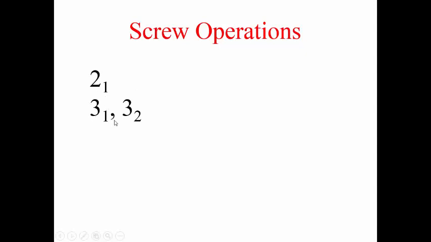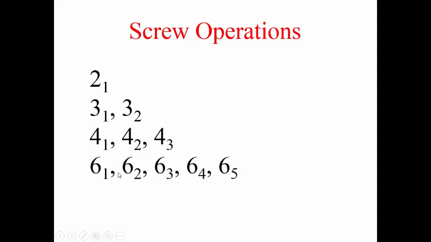With the 3s, you have 2 possibilities. You can go rotation of 120 and up a third, or rotation of 120 and up 2/3. So, and then if you go, say, 3, 3, you're back to just where you started, so you don't have any translation, so that would be a 3. Likewise with the 2, if you go up another half, then you'll be back to where you started. And so the 4s, they go up by 1/4, 2/4 or a half, and 3/4. And the 6, you have 1, 2, 3, 4, 5, and for the 6s, and that gives you all your